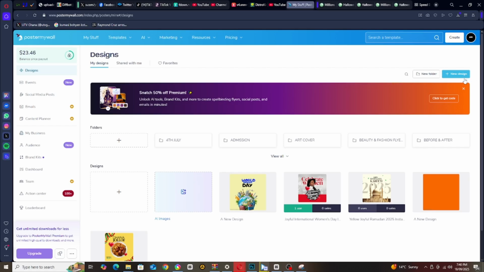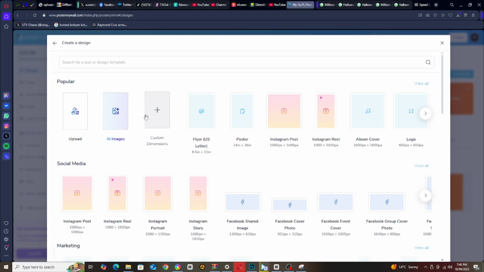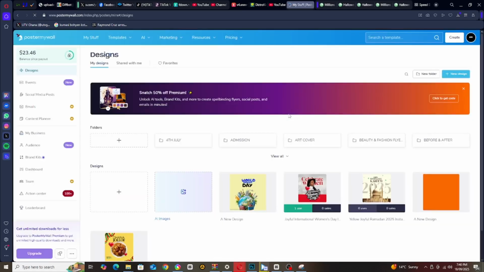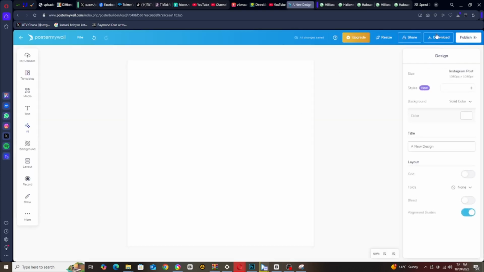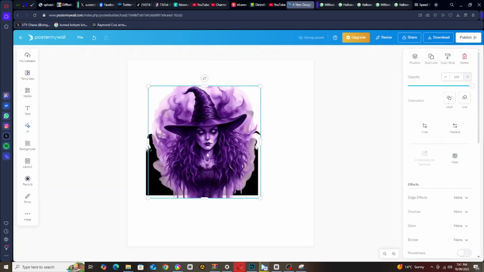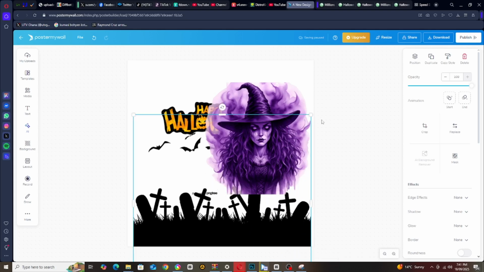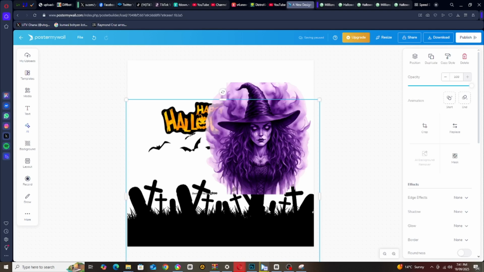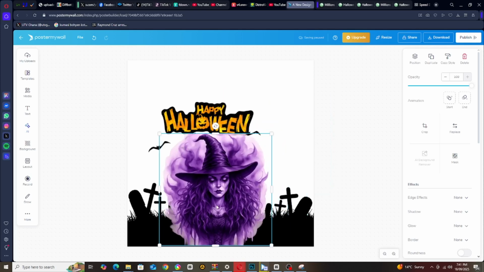So let's start by going to new design, then blank design. From there we're using the Instagram post size, though you can use any size that you prefer. So from here, let me bring in my stuff. I have some PNGs that I downloaded. Bring them in. Let's say you're having images, make sure every image that you download is of the right quality, or that you are using quality images for what you are doing,